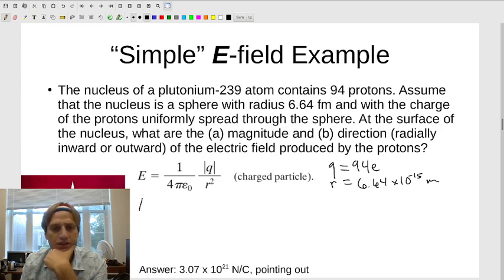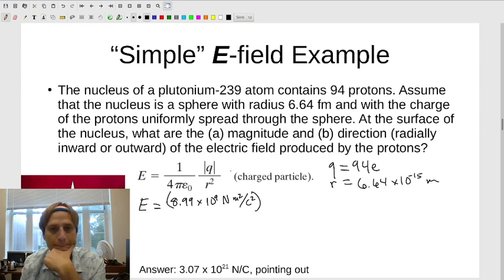So in this case, we find our electric field is 8.99 times 10 to the 9th Newton meters squared over Coulomb squared